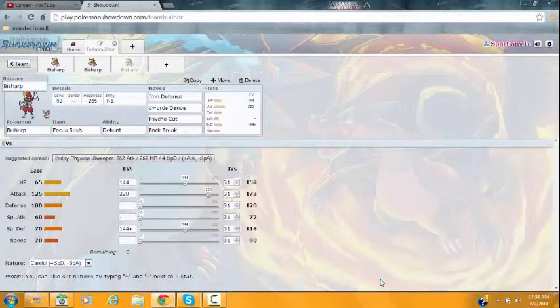And the ability Defiant. I didn't explain Defiant in the other Bisharps, but the reason for Defiant is when you throw it in, let's say you get intimidated. Defiant, instant attack boost. Let's say someone lowers your special attack, let's say someone uses Confide, lowering special attack. He raises with Defiant. However, you can't use this on